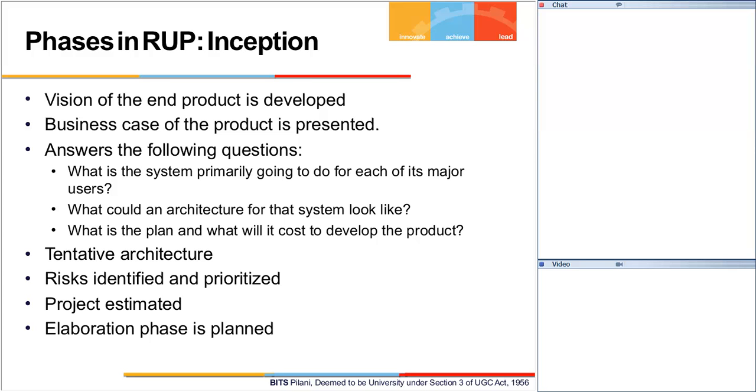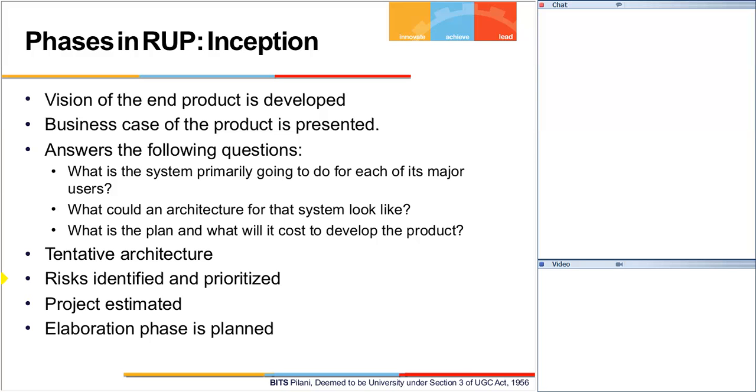Okay, so quickly I will go through these 5-6 slides as to what happens in every phase. In the inception phase, you establish a vision of the project, right? You develop a business case of the project. At the very minimum, a tentative architecture is decided, right? So if you decide the architecture and you do a bit of business analysis as well as requirement analysis, then at the inception phase itself,